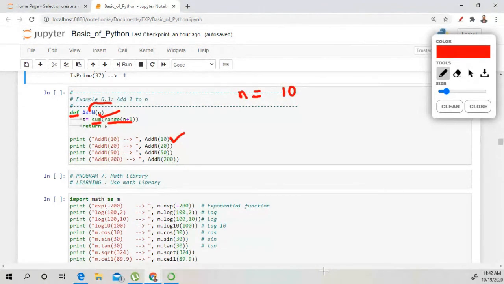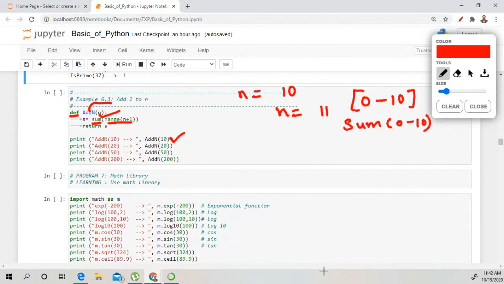Give your response in the chat box. n is equal to 11, so the range is 0 to 10. Okay, 0 to 10 is the range. So we have to perform the sum from 0 to 10.